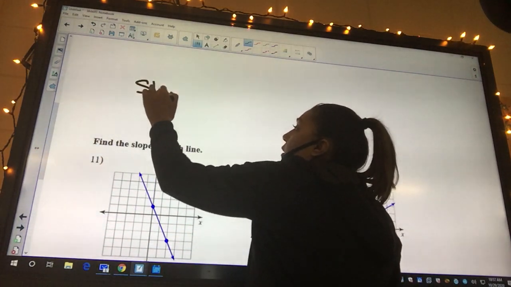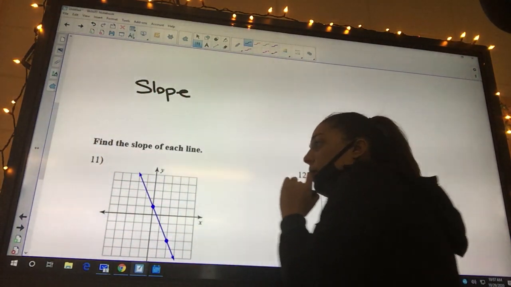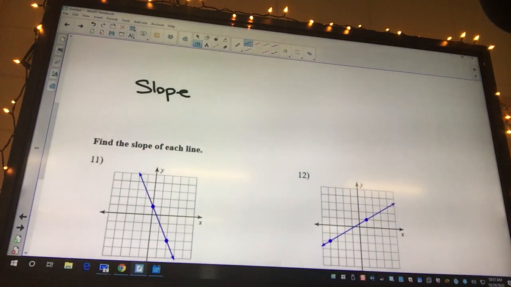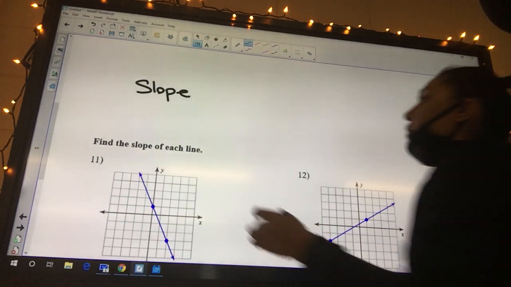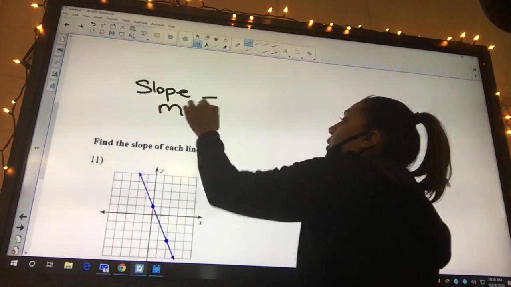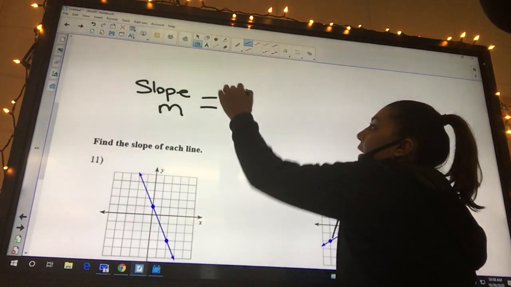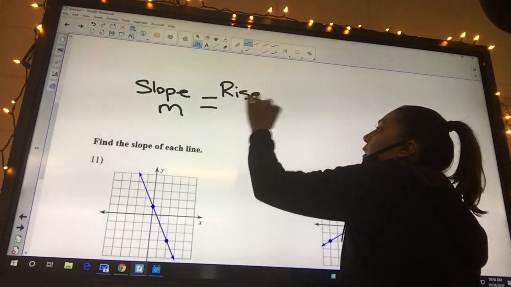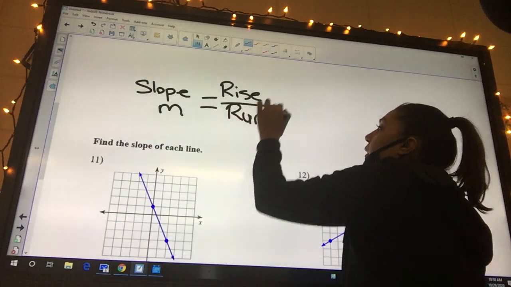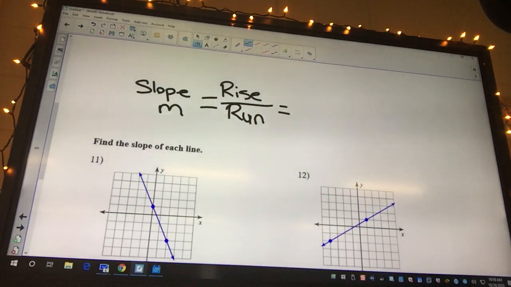So our slope, what letter do we use for slope? Huh? S. Look at the front of your page. What letter do we use? M. M is always used for slope. So we could say slope or M equals, and you're going to need to know this part, and this is a little bit tough. Slope, we can also look at it as rise over run. And I think sometimes some math teachers don't necessarily do the best job